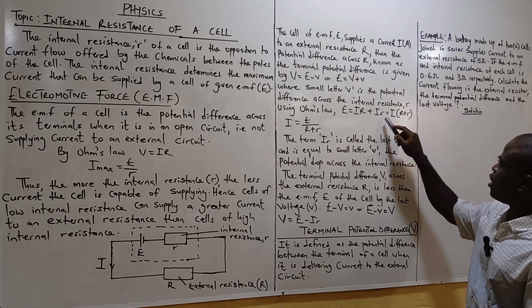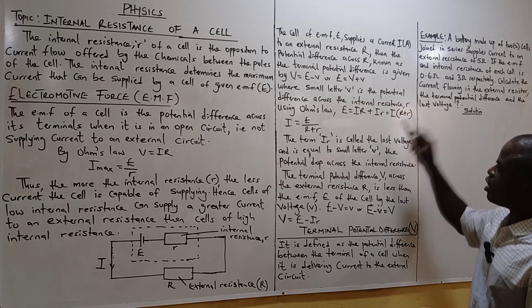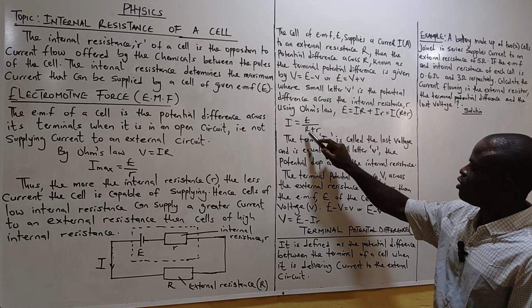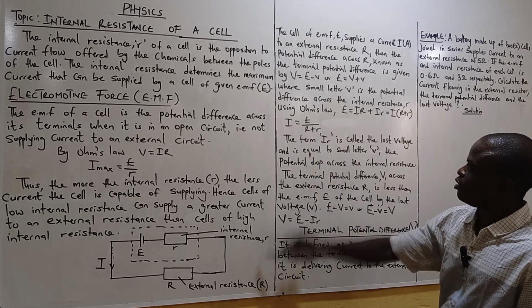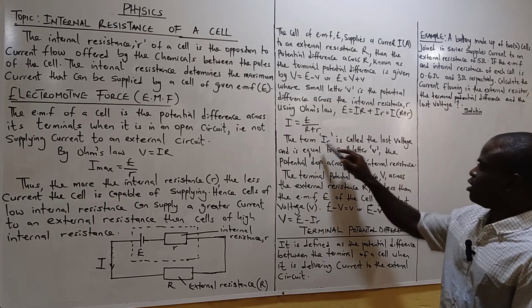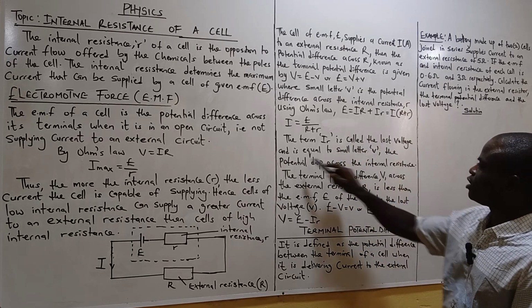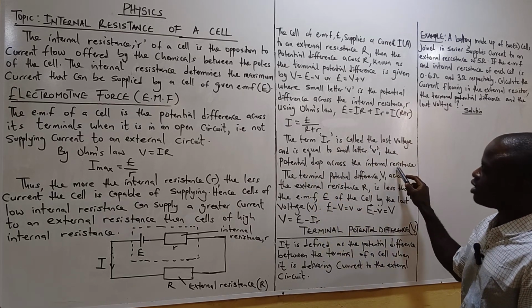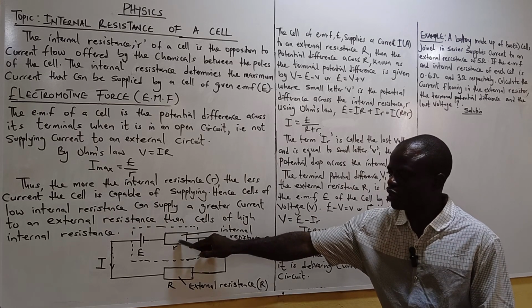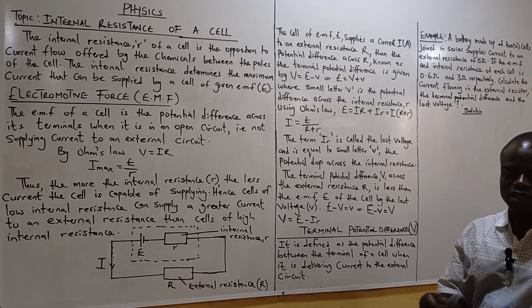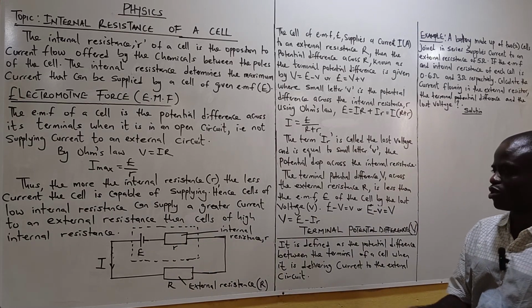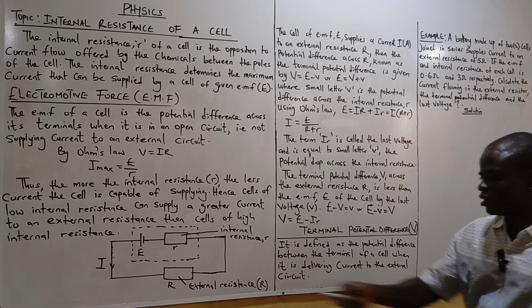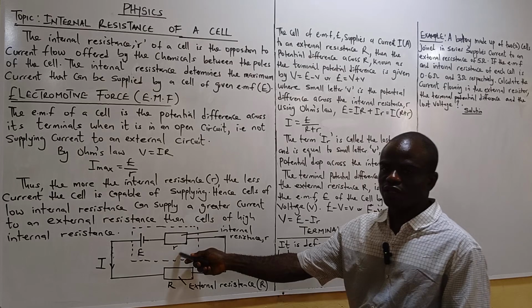You have E equals I into bracket R plus r. Make I the subject of the formula: I equals electromotive force over external resistance plus the internal resistance. The term Ir is called the lost voltage and is equal to small letter v, the potential drop across the internal resistance when it is being used. When it has been connected to the external resistance, there will be lost voltage here,